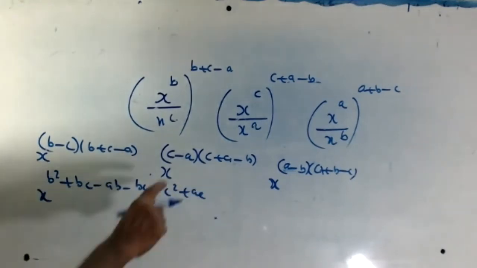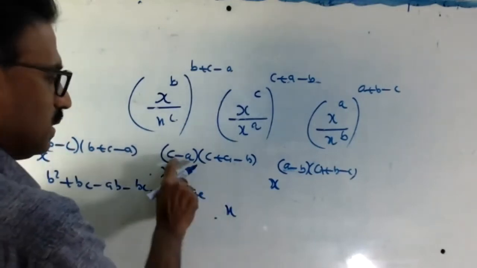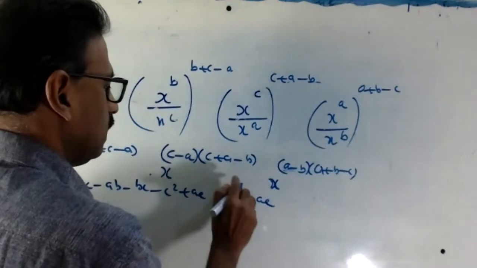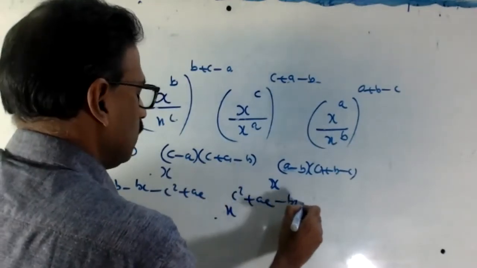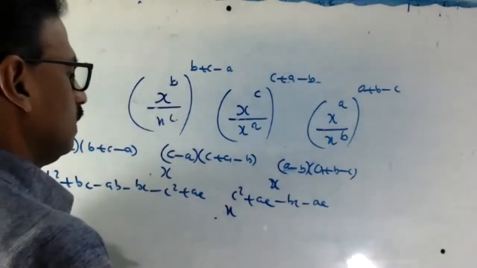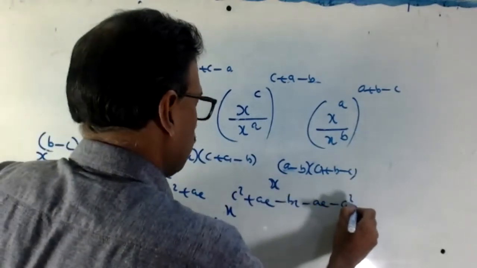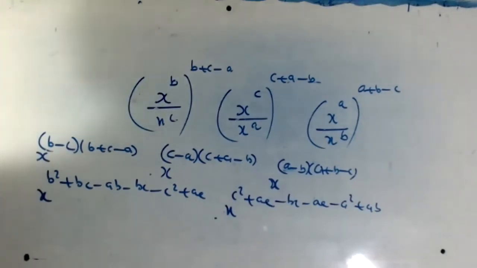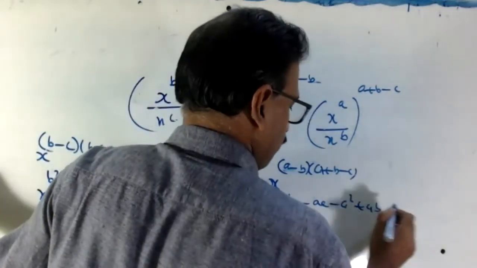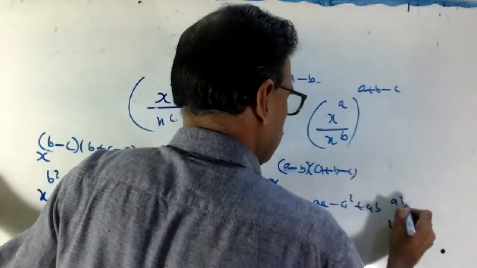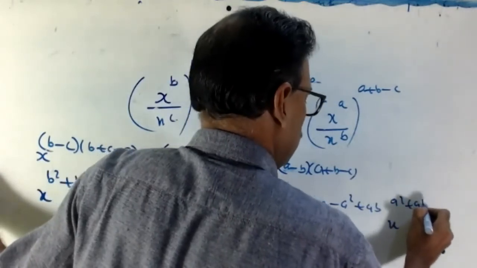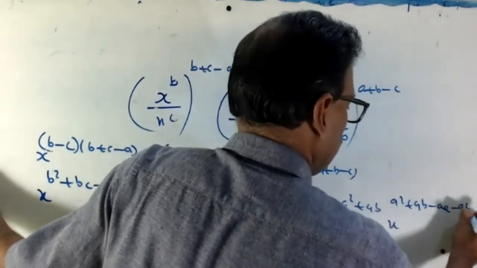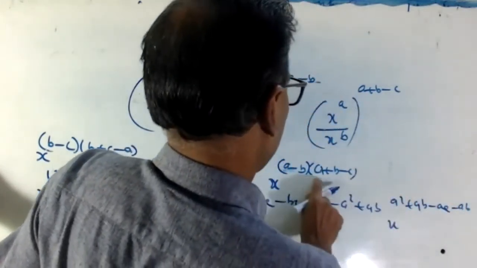Again, x raised to c square plus ac minus bc minus ac minus a square plus ab. Okay, last line: x raised to a square plus ab minus ac minus ab minus ab